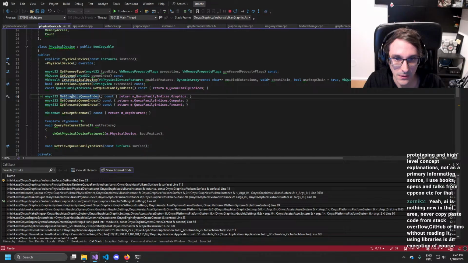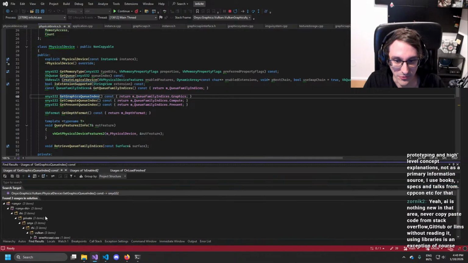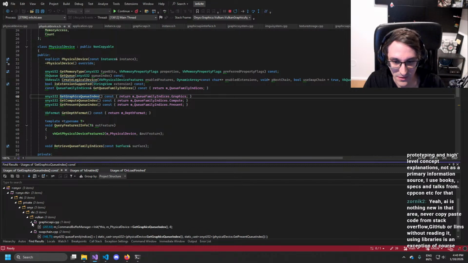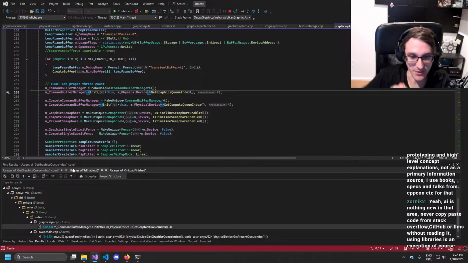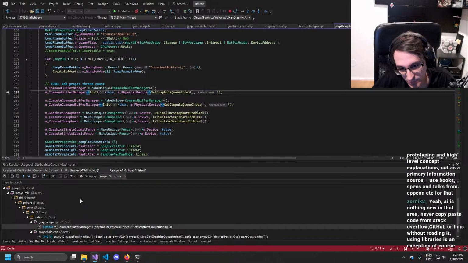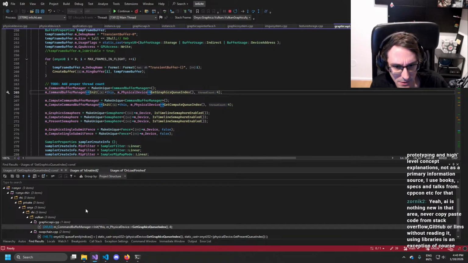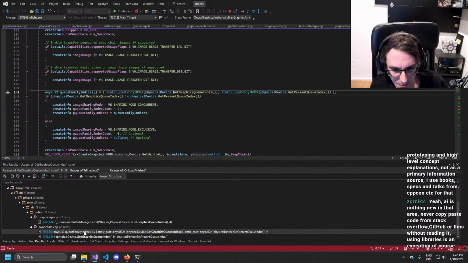Because I think that will probably fail. Okay, so that's in swap chain, that's fine. Ah, yeah, but the command buffer manager, exactly. That's interesting, I guess. But okay, so that one probably we need to then delay until we find that. The swap chain is anyways fine.